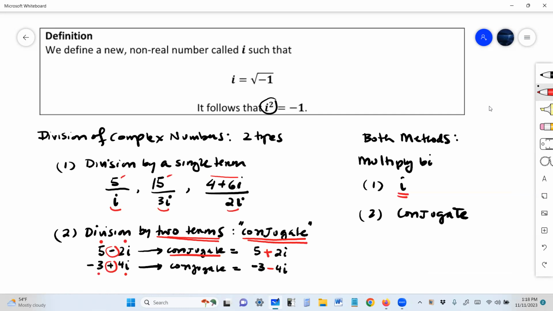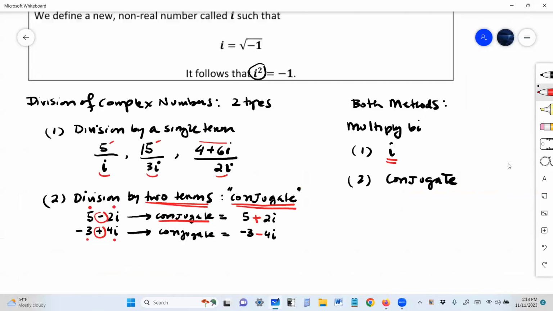Okay, so whatever the sign of the i factor is, you're going to flip it. So minus 2i becomes positive 2i, positive 4i becomes minus 4i. And then we're going to multiply numerator and denominator by that quantity. Okay, so first let me show you